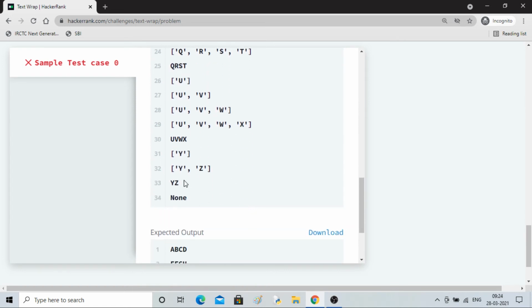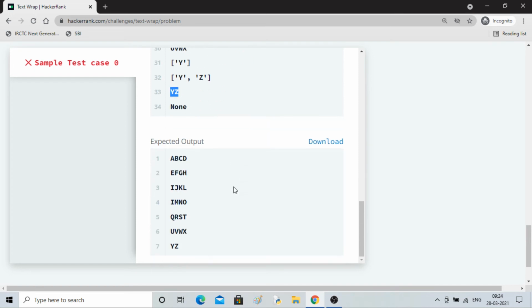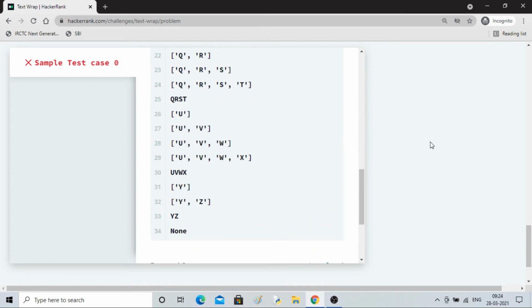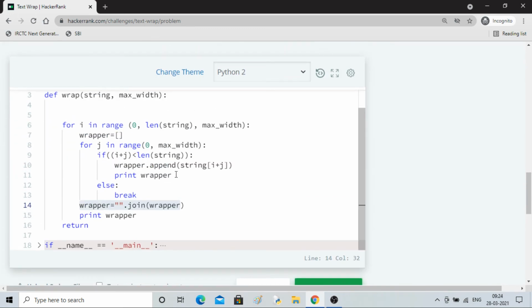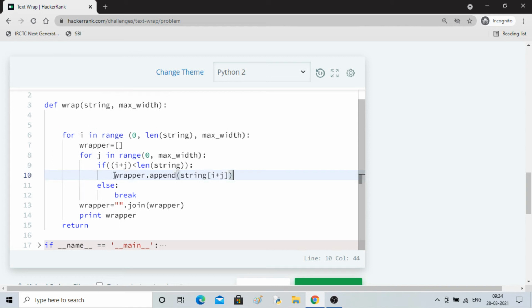Likewise we are having till yz. So this is what we wanted, and this is what we are getting right now. So let me not print this. Now we are aware of what it is doing, and let me take the final answer in result.